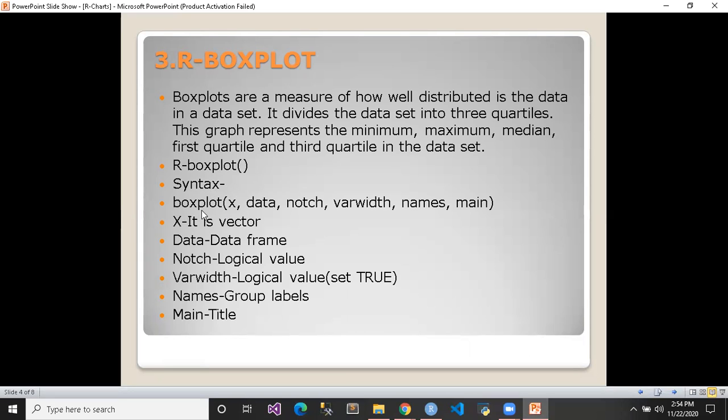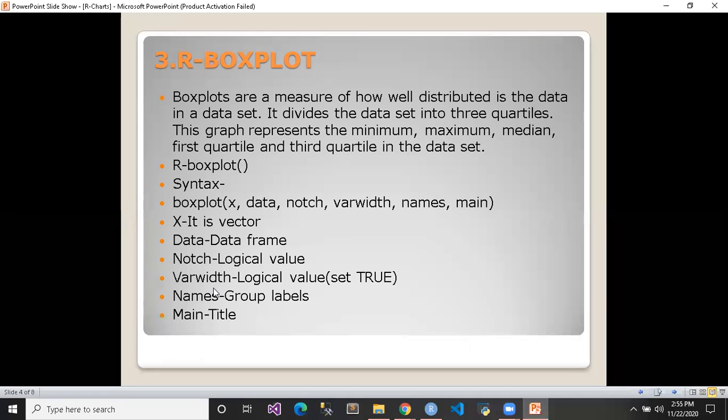The name of the function is boxplot and there are various parameters we have to pass while creating the box plot chart. First parameter is x. In this parameter, we have to give the numerical values. Second is data. We can pass the data frame to the data parameter. Next is notch. This takes a logical value and by default we have to set this logical value as true.